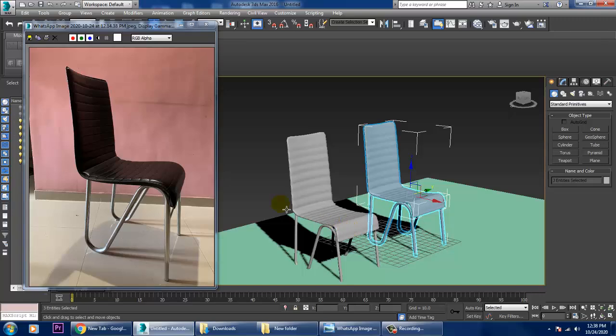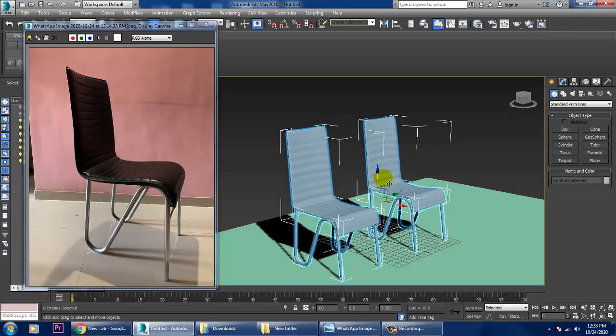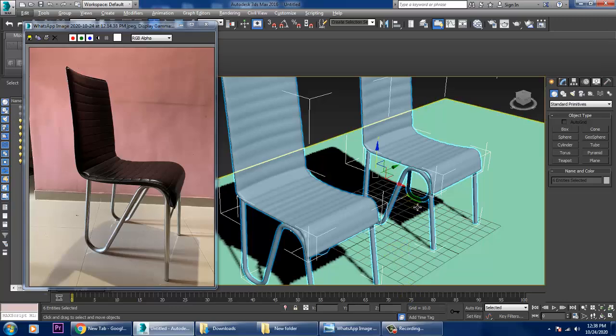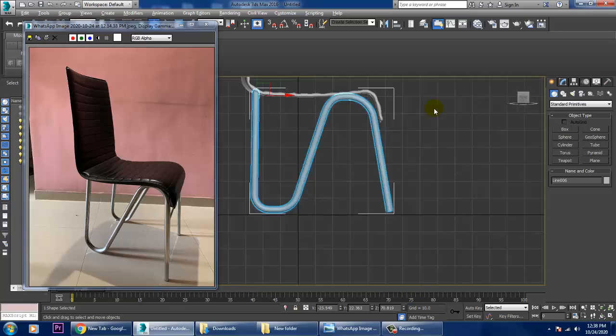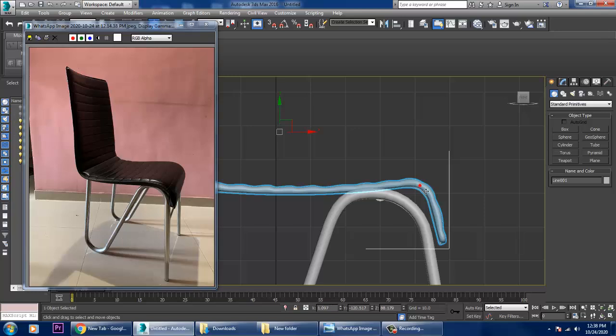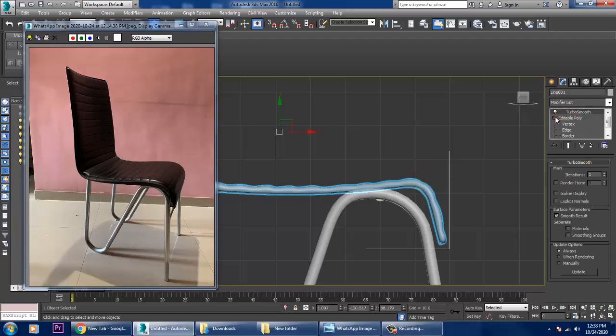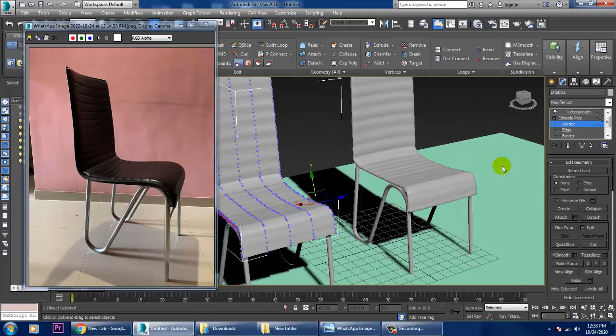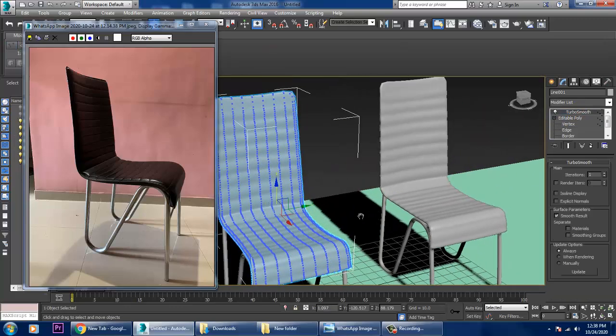So that's your chair model created over here. If you think that's not coming well, you can adjust that accordingly. But it's done well over here.